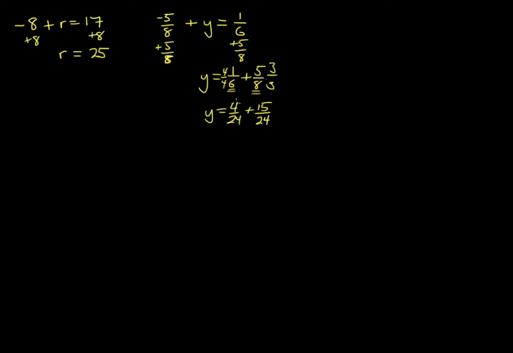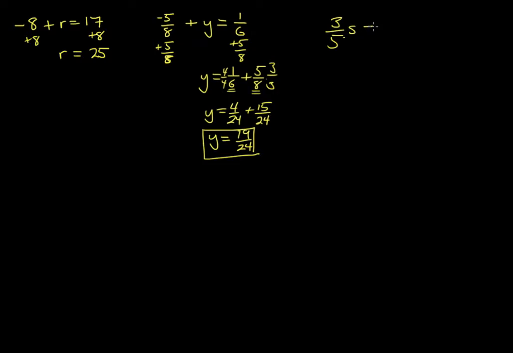Now, once we have a common denominator, we can add across the top. So we got 4 of those 24ths and 15 of those 24ths. Well, that's 19 24ths, and that doesn't reduce any further, so that's our answer for that one. Okay, well, now let's look at multiplication principle. 3/5